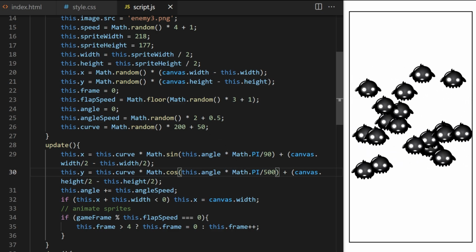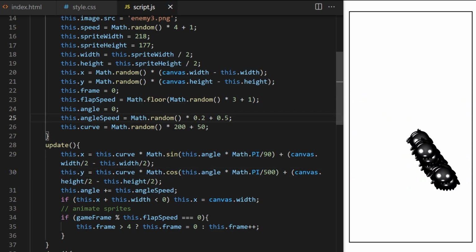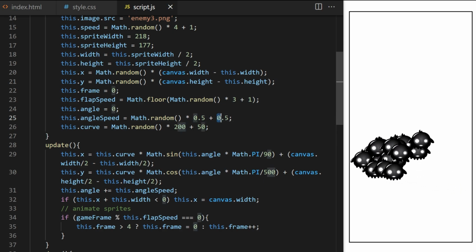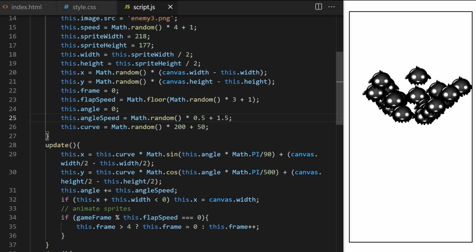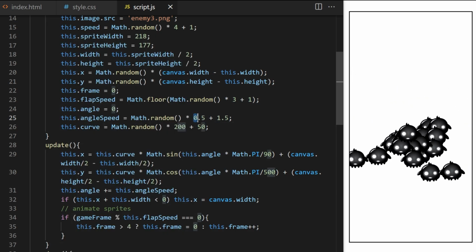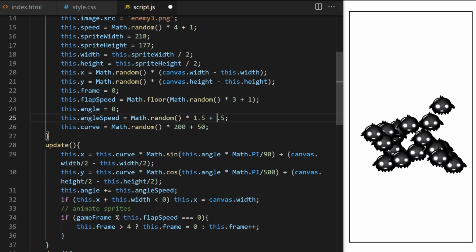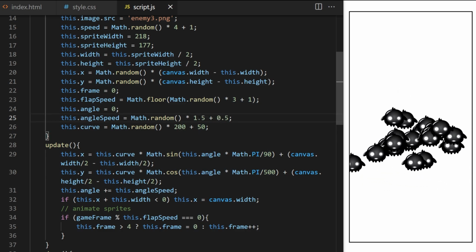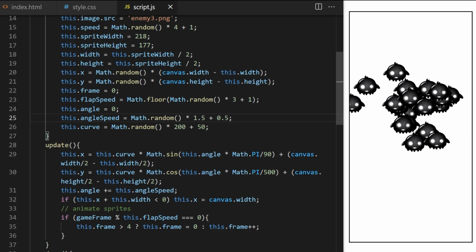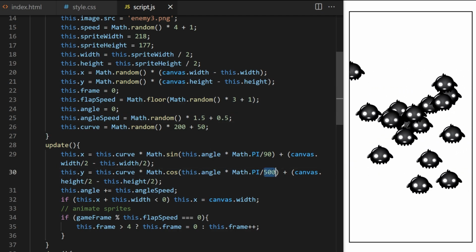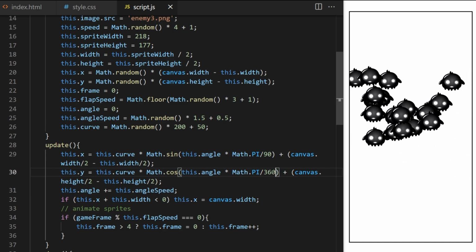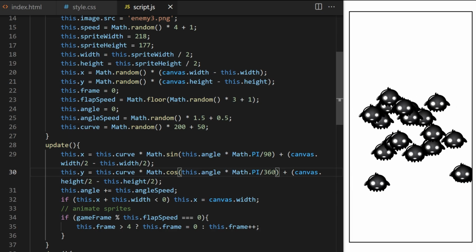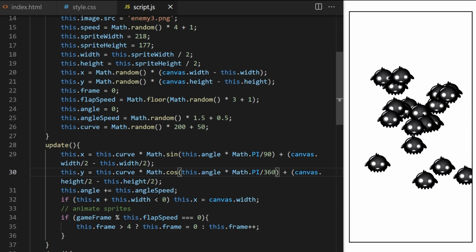I can change their speed also by adjusting this .angleSpeed on line 25. So this technique can be customized to achieve the movement pattern you are looking for. Maybe your game starts easy, but later it becomes more difficult, so you need faster enemies. If I put 360 here, 360 is divisible by 90. If you watch the animation, we will get 4 horizontal cycles before we get 1 vertical cycle, because 360 divided